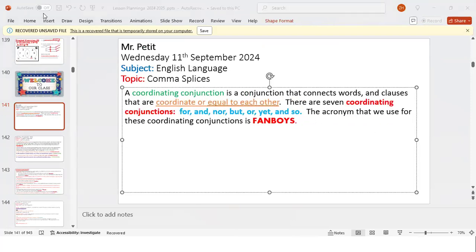Okay, good. Stanley, where's Stanley? Are you there? Yes, sir. Are you writing down the notes? Yes, sir. That's good. Alex, where's Alex? Right here. What do we mean by a coordinating conjunction? A coordinating conjunction is a conjunction that connects words and clauses that are coordinate or equal to each other.